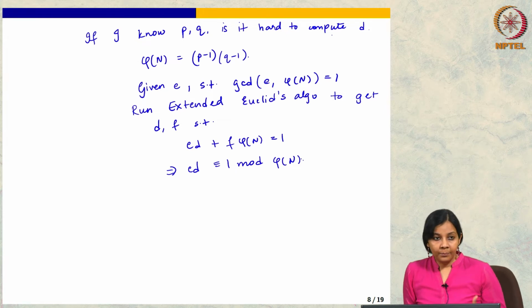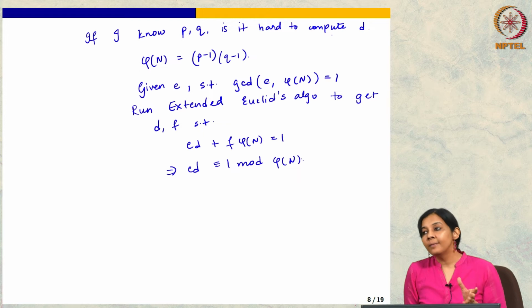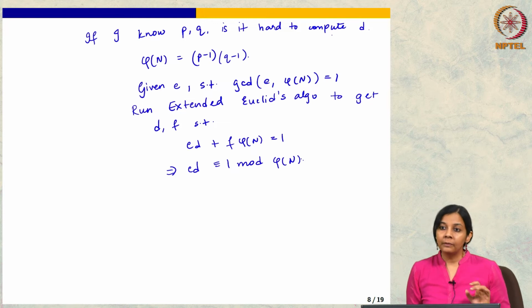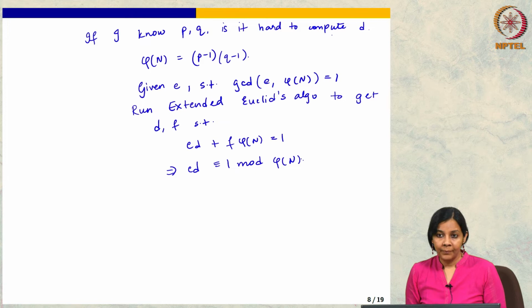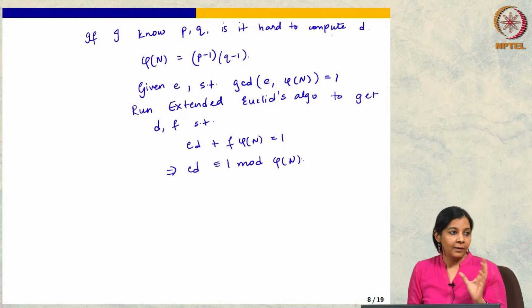It is a very simple algorithm, we study it in school. It is efficient. I should not say simple because it could be simple but still inefficient, but extended Euclid's algorithm is a simple efficient algorithm which runs in polynomial time in the input length. In fact, in the algorithms class we teach it, it is one of the early algorithms that we study as an efficient algorithm.